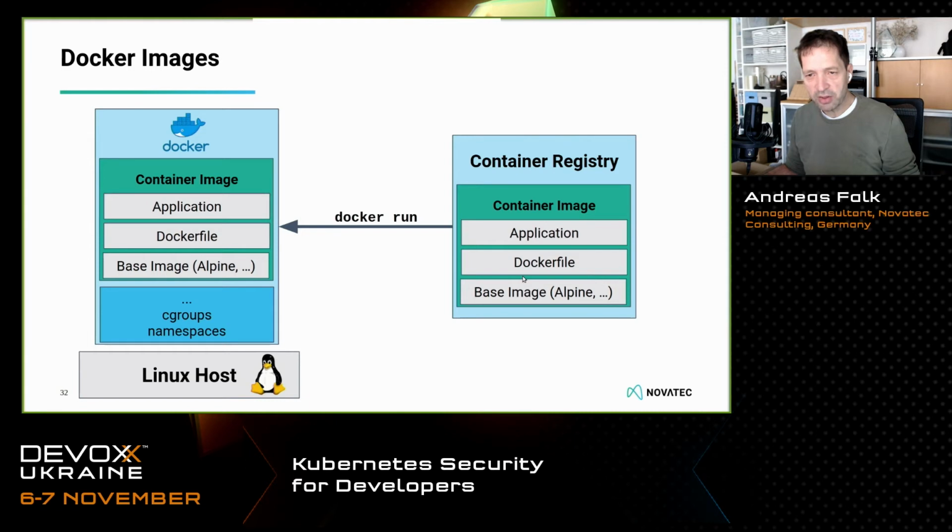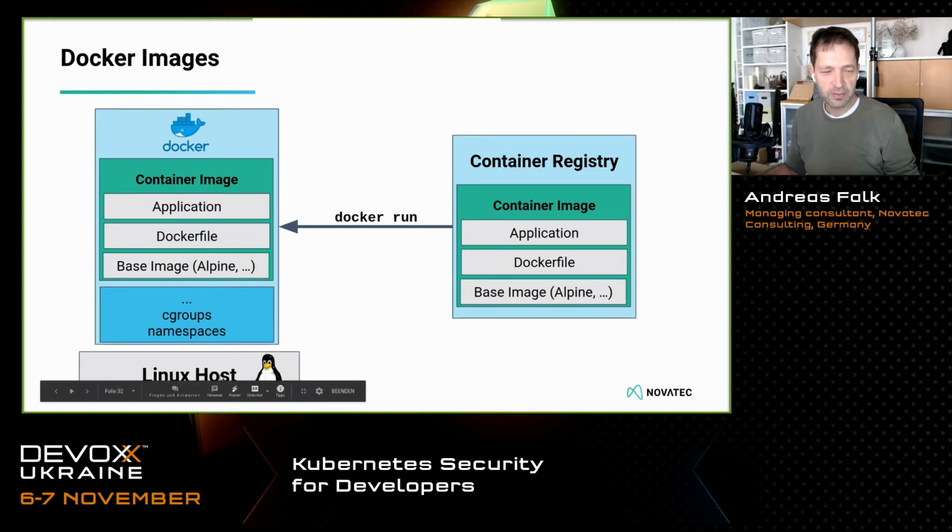Then you will build that container image and put it into what is called a container registry. And then if you use a docker run command, this just grabs that container image from the container registry and runs it in your Docker environment, just using concepts like namespaces, cgroups, and stuff like that behind the scenes on your Linux host. So that container uses the isolation provided by namespaces in that case.